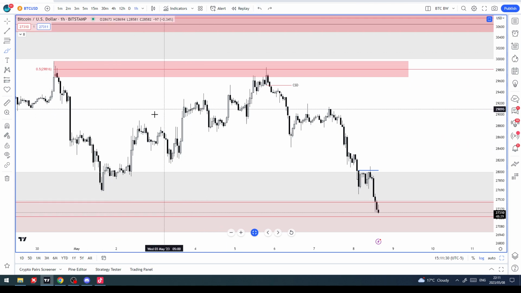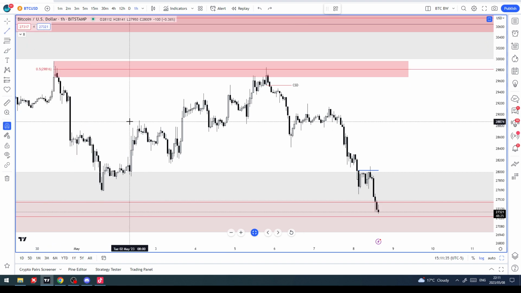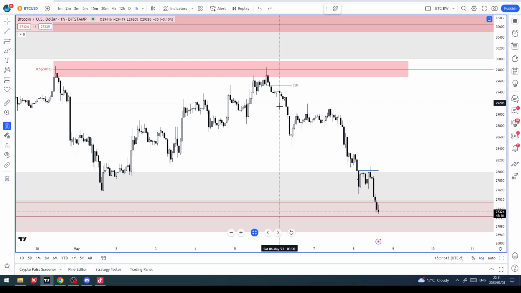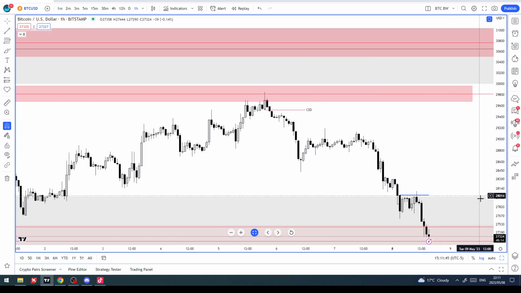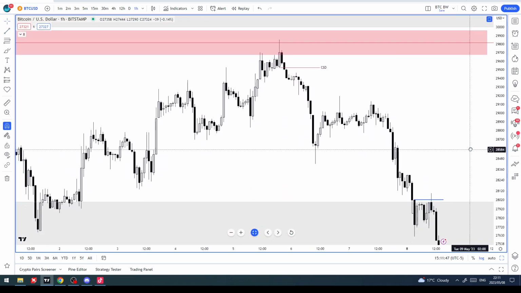But we're not interested in the actual candle that broke the highs. We are interested in the candle that follows it, because that candle is the one that starts the new delivery. So I'm looking for, let's go here, let's zoom in here, right? See if we can get this one.